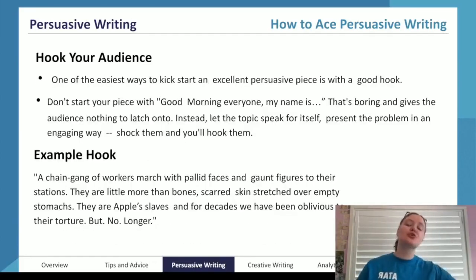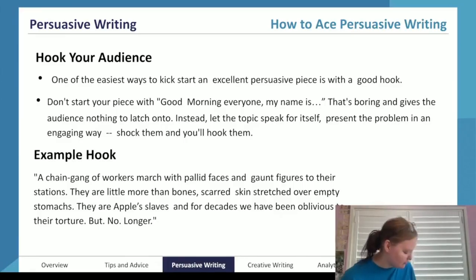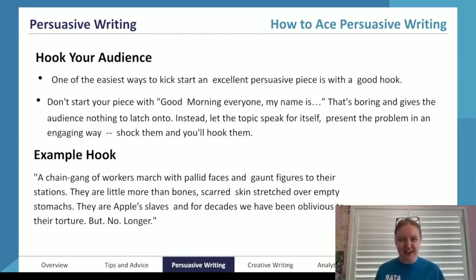A really crucial part of the structure of persuasive writing is the hook. Audiences don't have a lot of attention. They don't actually have very long attention spans. So it's really crucial that you grab their attention right at the beginning. If you can't get them in the first 20 seconds of something, then they're probably not going to pay attention to most of what you write afterwards or what you say afterwards. So it's really important that you grab them right from the beginning.